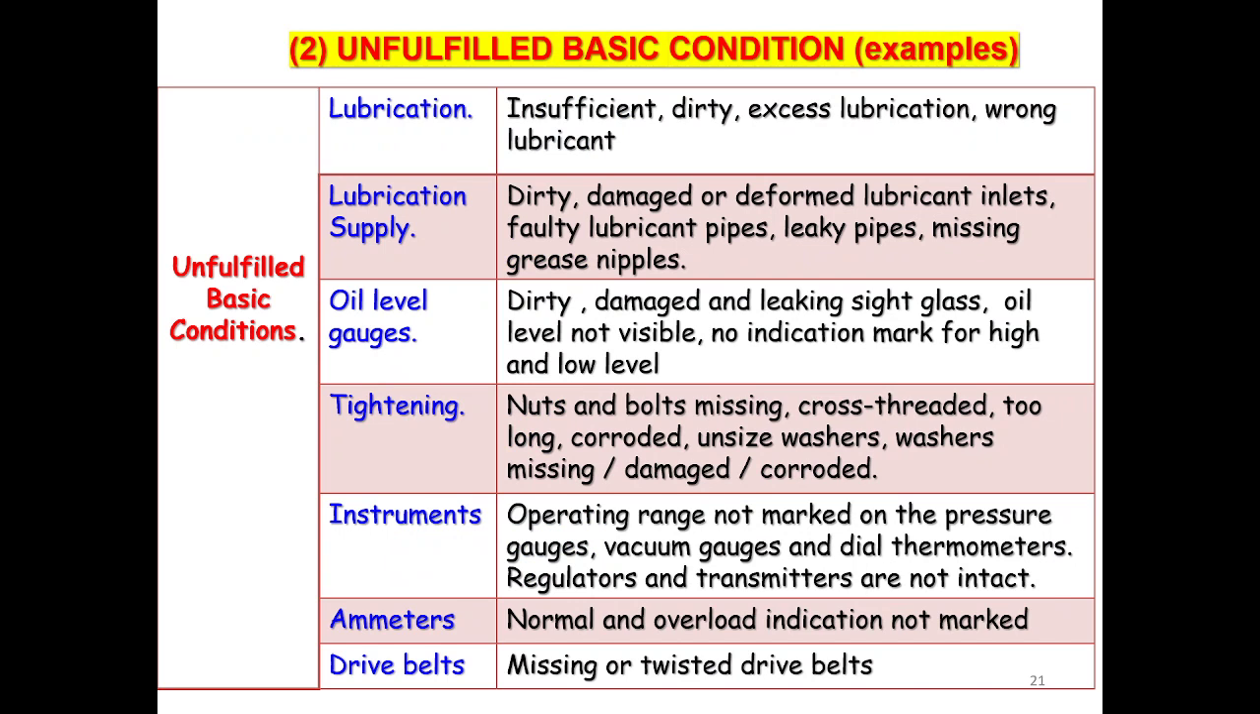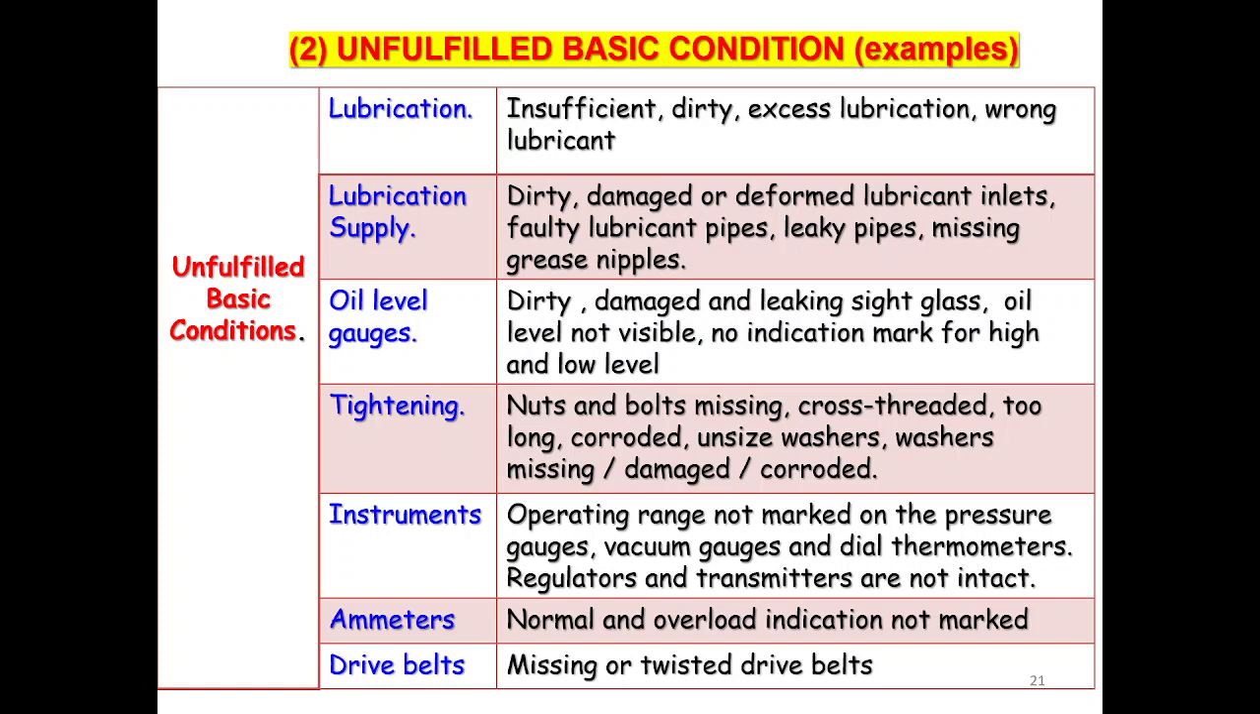Next important abnormality is unfulfilled basic condition found in the machine. Topmost is regarding lubrication, that is insufficient, dirty, excess lubrication, wrong lubricant, no free access for applying lubrication. Next is lubrication supply, that is damaged, deformed lubricant inlets, faulty lubricant pipes, missing grease nipples, leaky supply pipes. Another important point is that the oil level gauges should not be improper, that is dirty, damaged, and leaky sight glasses, oil level not visible, no indication mark for high and low oil level